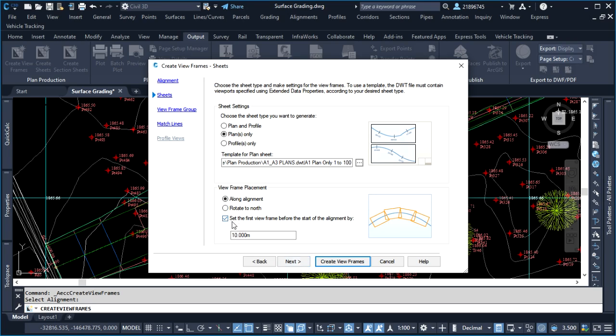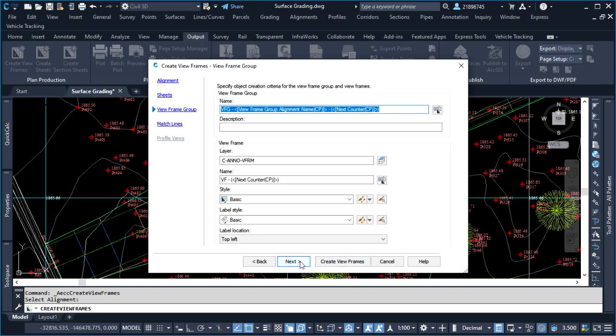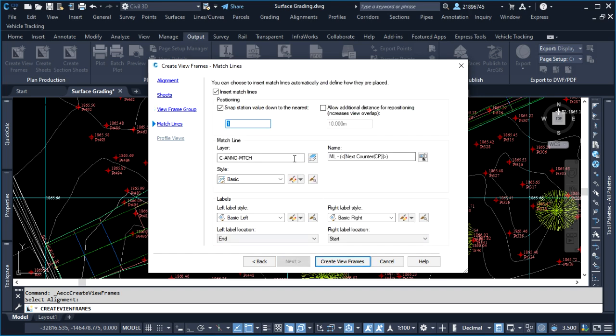So this one means that you can have the first view frame set by an offset, a setback of maybe some meters, 10 meters. In my case, let's just do 5 because you don't have a lot of information, and also the site is not very big. So go next, and these are the style, how you want your view frame to display. Then you go next,